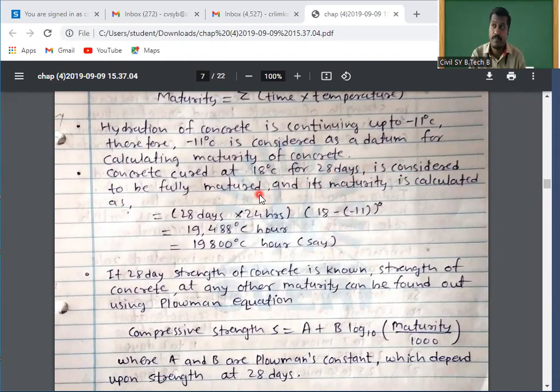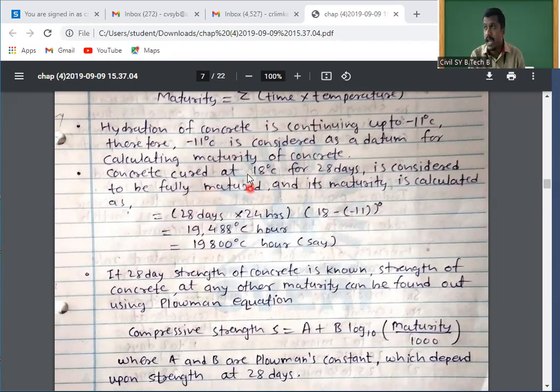कधी mature होते बघा. Concrete cured at 18. Now it is 25 to 27 degrees, that is at standard room temperature. You just remember. जर तुम्हाला temperature ची range आठवली नाही, standard room temperature you can remember. So concrete cured at standard room temperature conditions for 28 days is going to be considered as